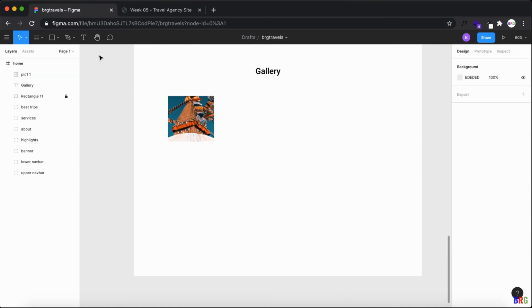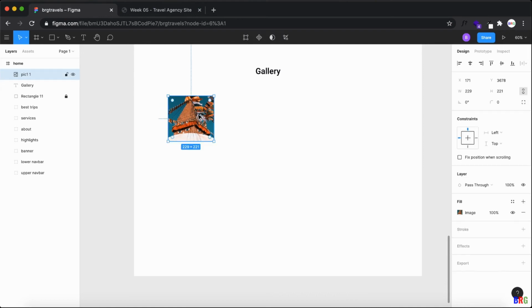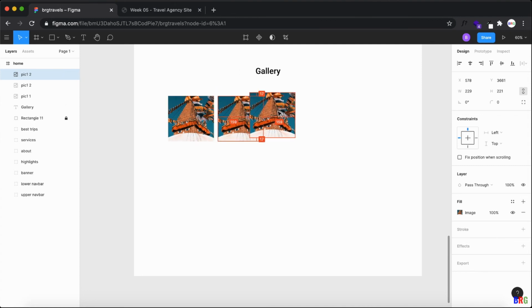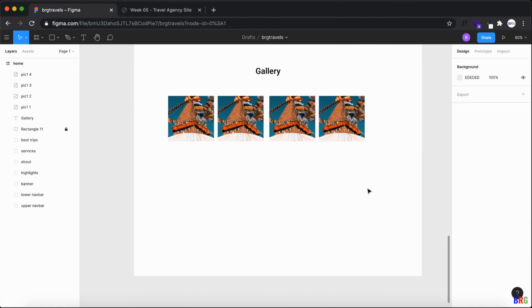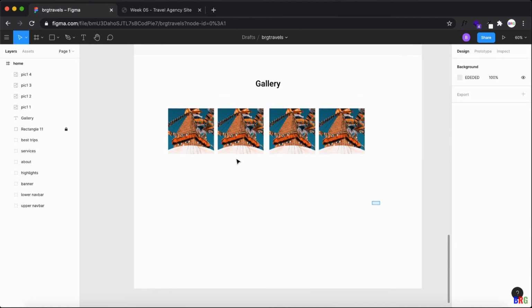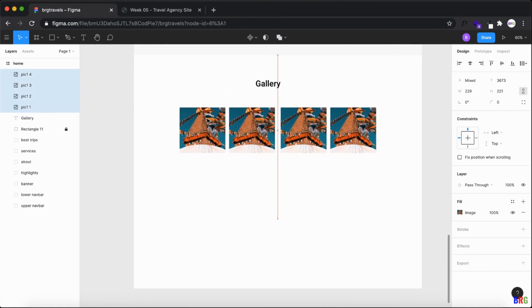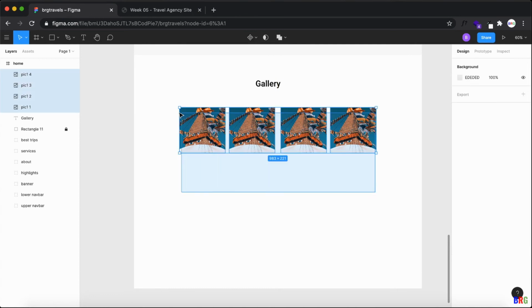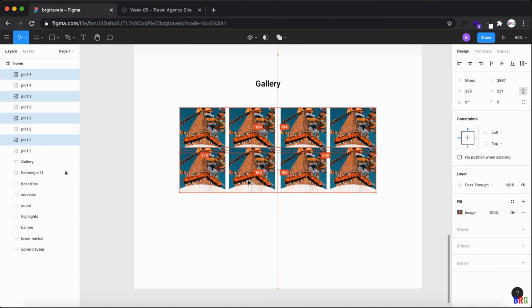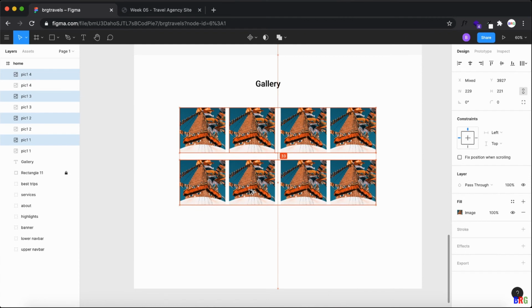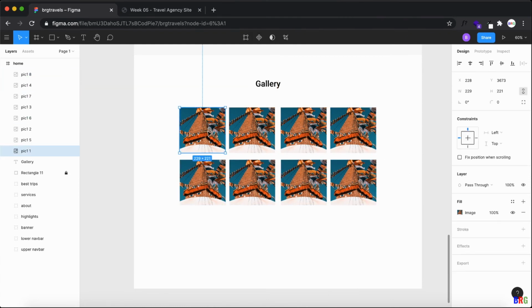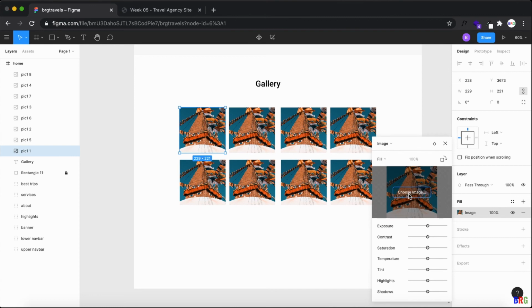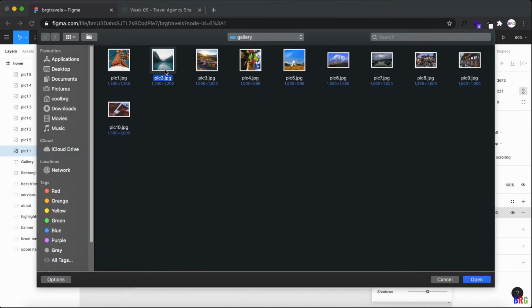Now you can just alt drag, a 4 column layout basically. Now we can move here according to the space, and then alt and drag. This way we got the equal sized gallery, and then just change the photos.